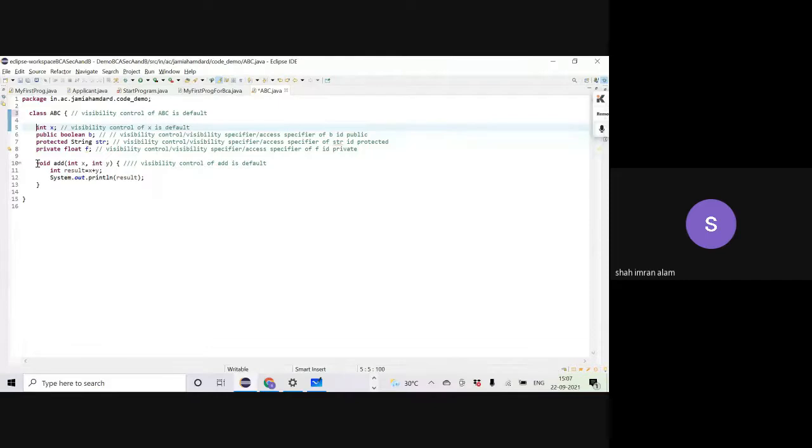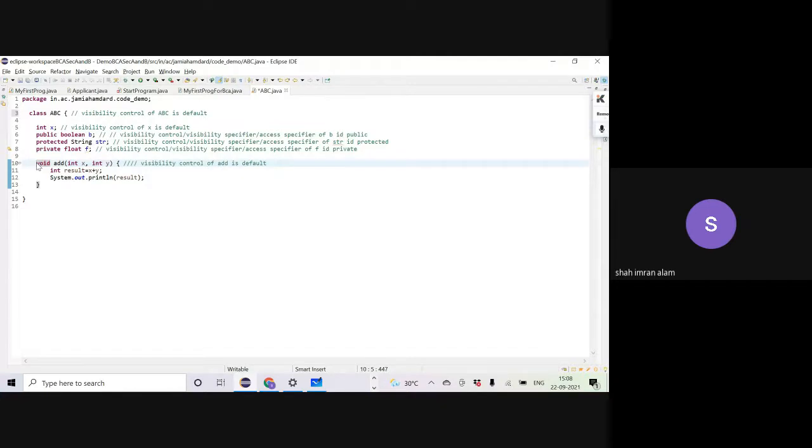Similarly for a method also, I can have a public method, or I can have a protected method, or I can have a private method, or I can leave the method to have the visibility control of default.